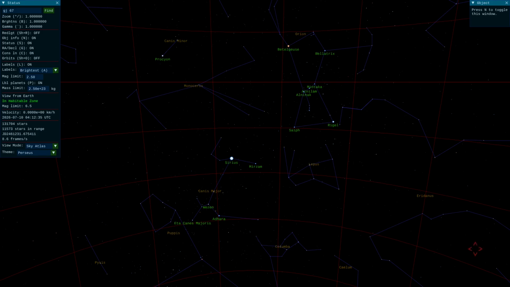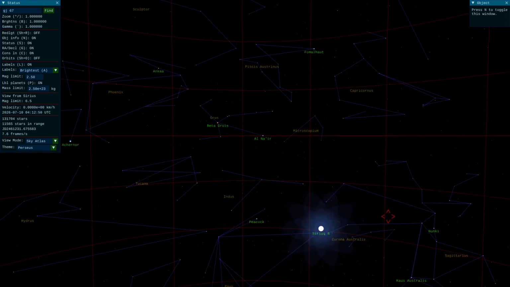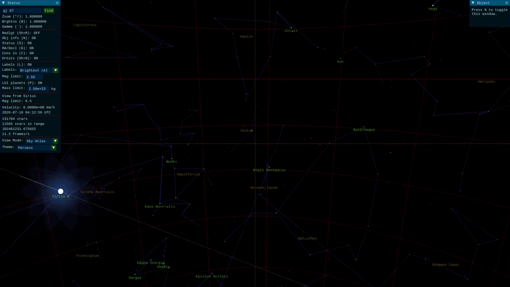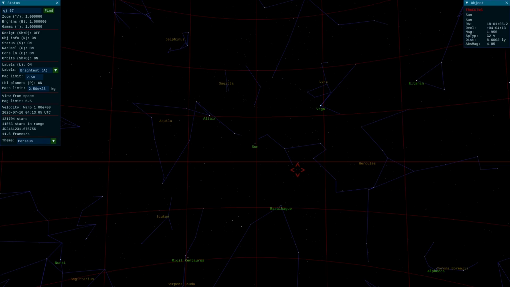So one thing that we can do is see how the different star systems are angled in three-dimensional space. If I go here to Sirius and just have a look around, I don't know why Sirius B is inclined so steeply. But now if I turn around and look at the Sun, and start heading toward the Sun, Sirius appears south of the plane of the solar system,